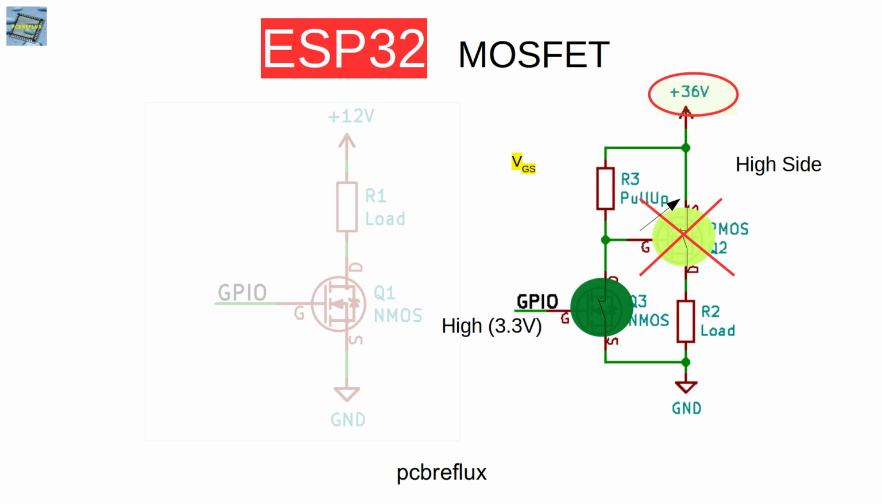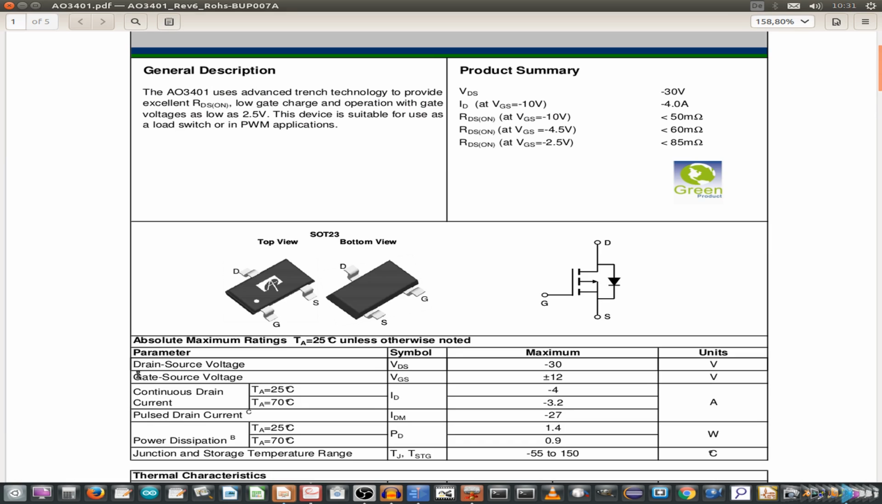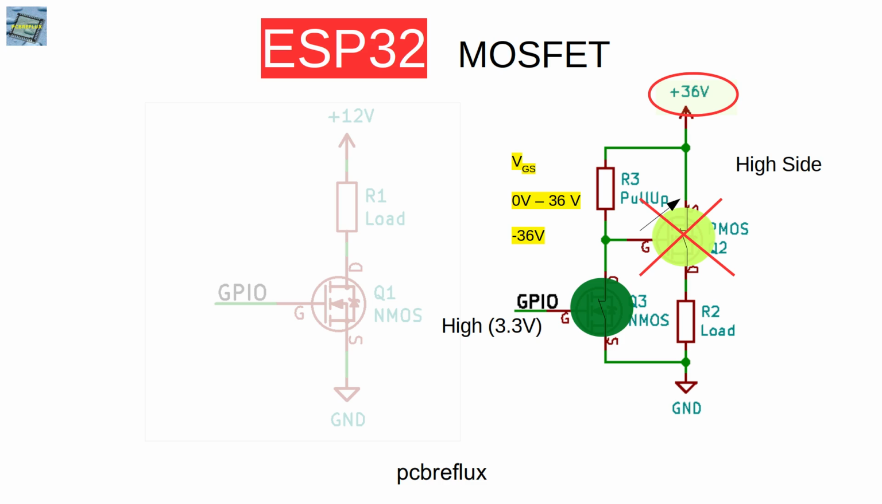And if we calculate the gate source voltage, we get 0 volt minus 36 volt. So we get a gate source voltage of about minus 36 volt. And most MOSFETs have a maximum gate source voltage of maybe about 12 volt. So in our previous example this will work, but in this example we certainly destroy our MOSFET and we have